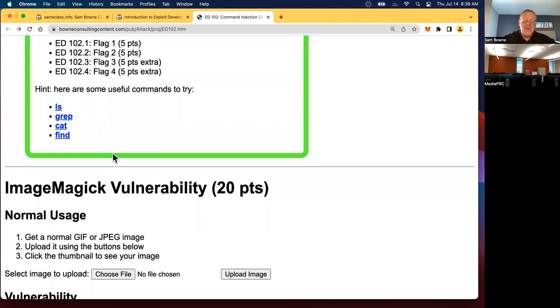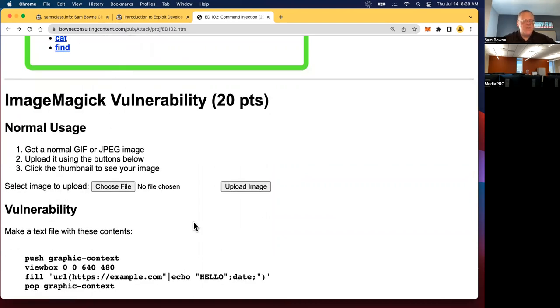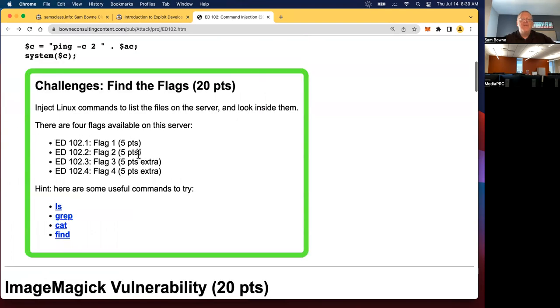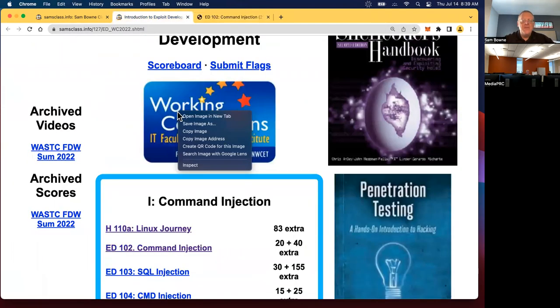One was the SSL Heartbleed attack, which affected Linux servers, but not Windows. And here's another one, the ImageMagick vulnerability. About 8 years ago or 6 years ago, this affected most Linux servers. Any server that handled images would have this problem. So let me put an image someplace. There's an image. I'm going to save this image